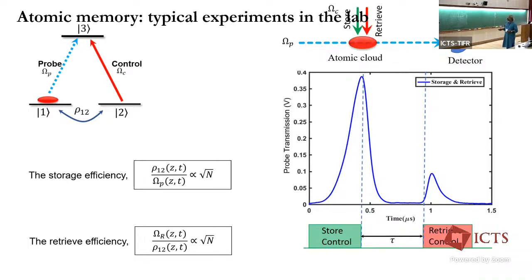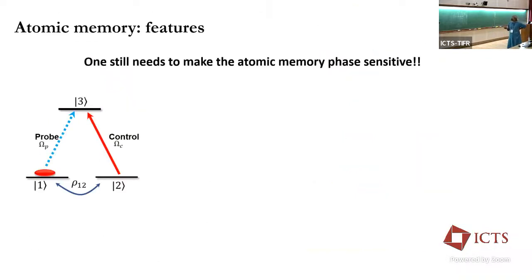So this is a direct experimental demonstration of what I was earlier talking about in the cartoon. One might be concerned about storage efficiency, how much you are actually storing and how much you are controlling. It turns out this coupling coefficient scales both as the number of atoms, among many other things. So now you can see that we are almost there. I just talked about the quantum memory, which is basically a giant wave function of the probe and the coherence, and the coefficients we can control in the lab.